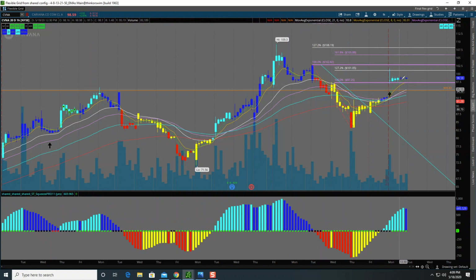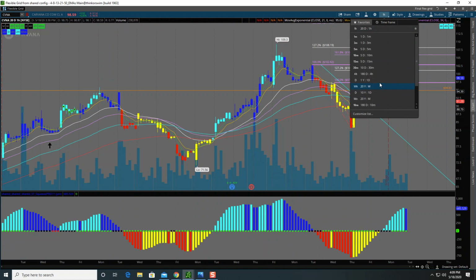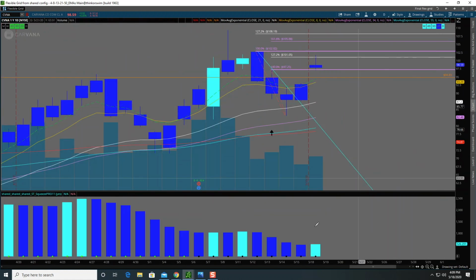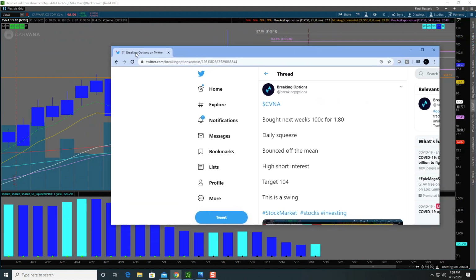And we're still in the trade because we're playing a bigger move. This was our entry, so this led to our entry, the hourly. That's why we got in the trade. The reason we got into the trade was because of the reversion to the mean on the daily, with it still being on a squeeze. So that usually means we take the next leg up. And here is, just so you guys can see,